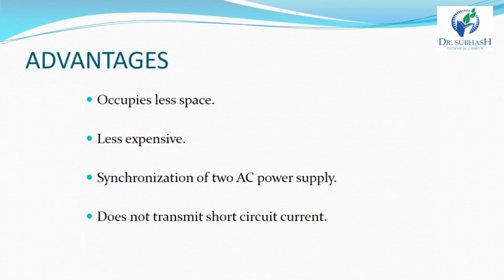Now, the advantages of HVDC transmission. It occupies less space. A lesser number of conductors and insulators are required, thereby reducing the cost of the overall system, and so it is less expensive. It requires less phase-to-phase and ground-to-phase clearance. Their towers are less costly and cheaper. Corona loss is less compared to an HVAC transmission line of similar power.